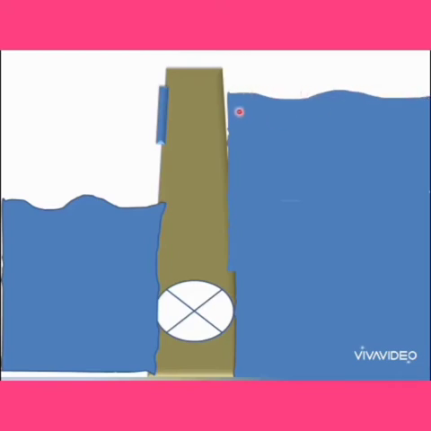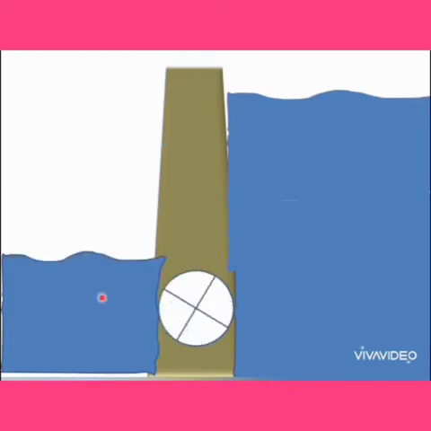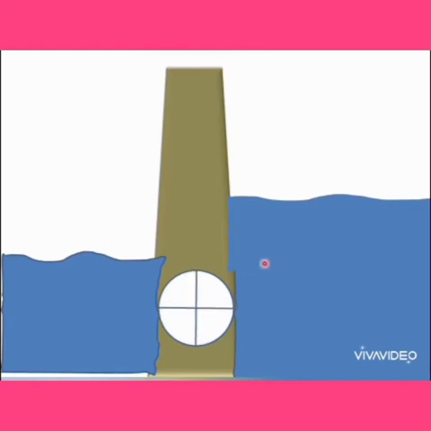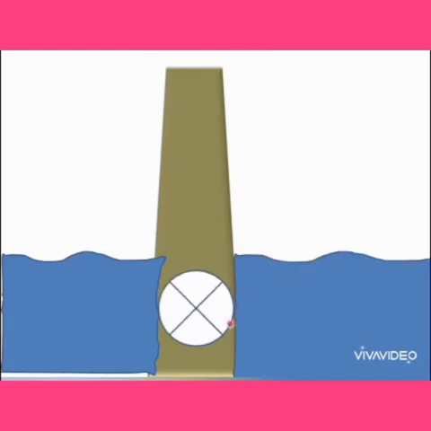Now we will open the gate for the turbine so that this water goes to the turbine and then to the sea. This turbine will rotate when this water goes through the turbine into the sea.